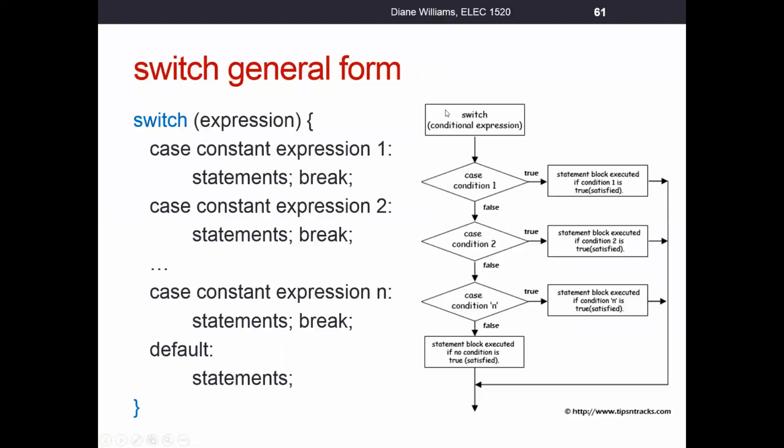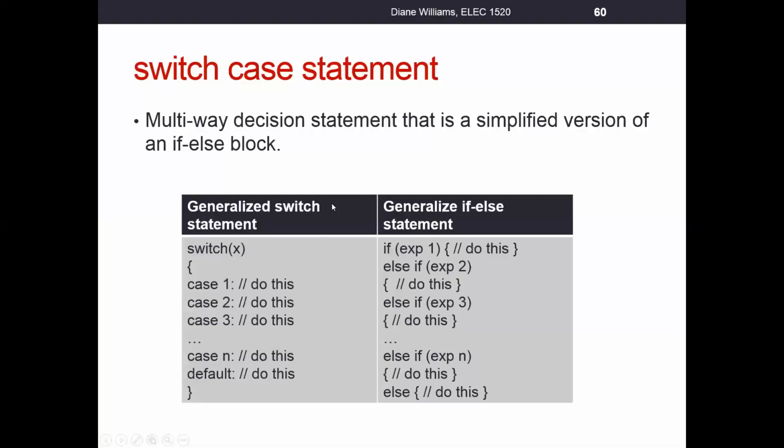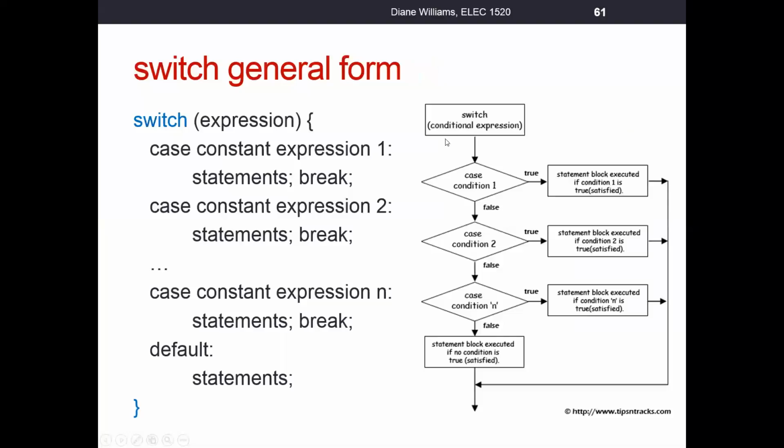Right. So here it is in flowchart form. We switch on some sort of conditional expression. Before, I just had an x here. We could do it as a variable. We could do it as a conditional statement as well. So some sort of conditional expression here. Based on the value of this expression, if this expression evaluates to 1, case condition 1 would be true,